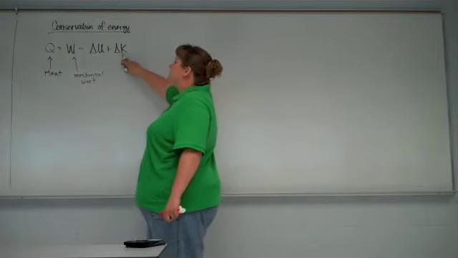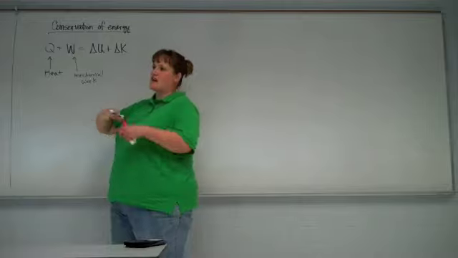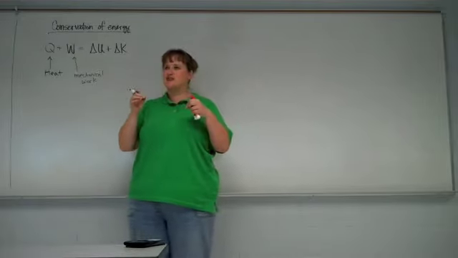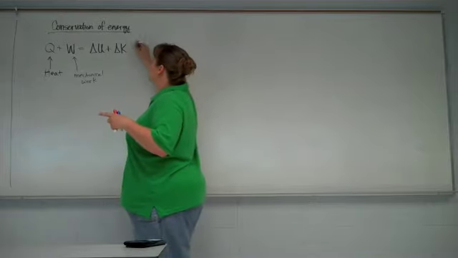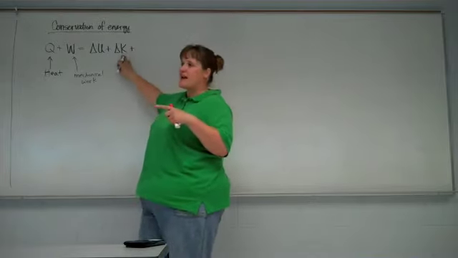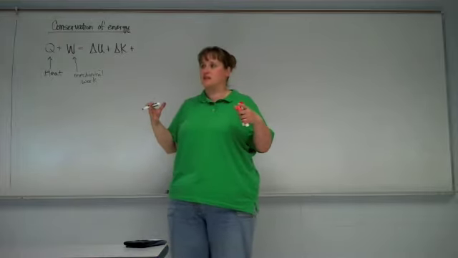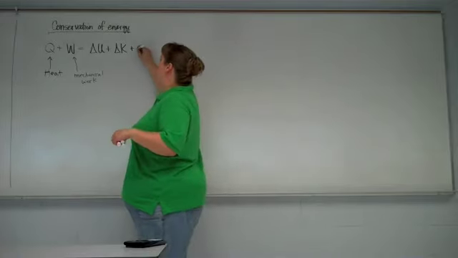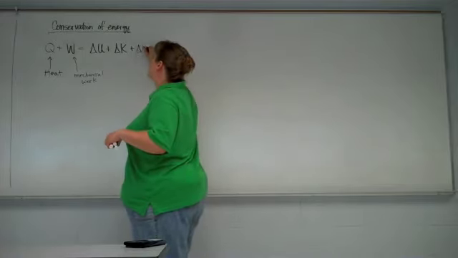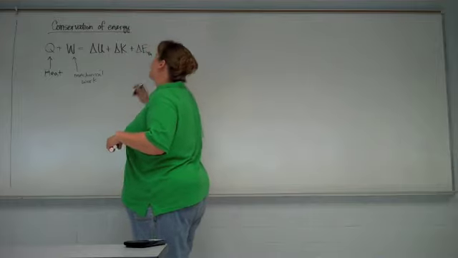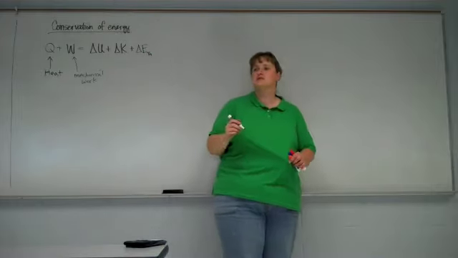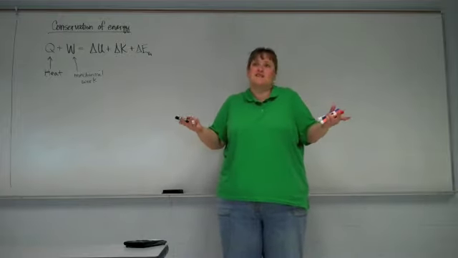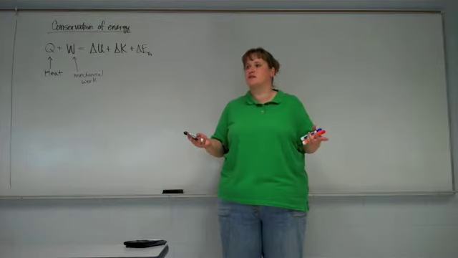Now, to separate out kinetic energy as a whole, the 1/2 mv squared of the whole entire object, versus the kinetic energy of the individual molecules, we tend to leave the delta K as the macroscopic kinetic energy, so the overall 1/2 mv squared because your whole system is moving. And we include the kinetic energy of the individual molecules as what we call the thermal energy. So that delta E thermal is basically, fundamentally, the kinetic energy of the individual molecules within your material.